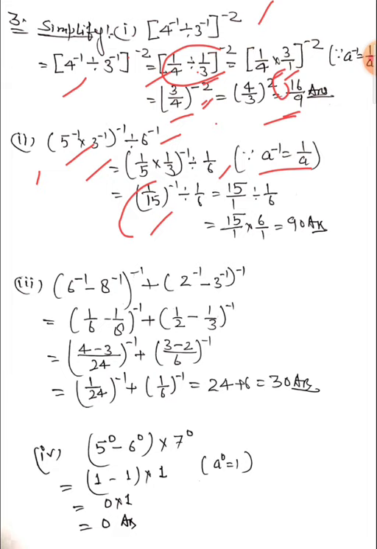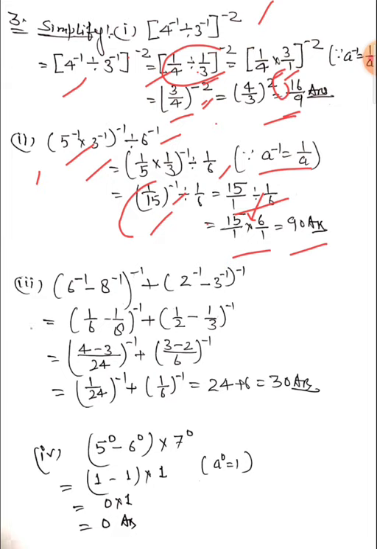Minus 1 is the power, divided by 1 upon 6. Then the power is a minus, so we can write 15 upon 1 divided by 1 upon 6. So this is also division, and you know very well how we can solve the division. So 15 upon 1, keep the same, and convert the division sign into multiplication, and then 1 upon 6. So what is the reciprocal of 1 upon 6? 6 upon 1. Their answer will be 90. How? 15 times 6 is 90.